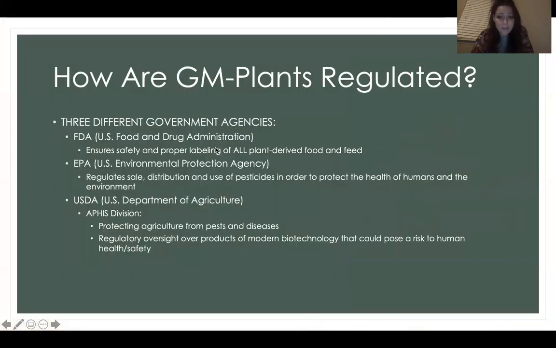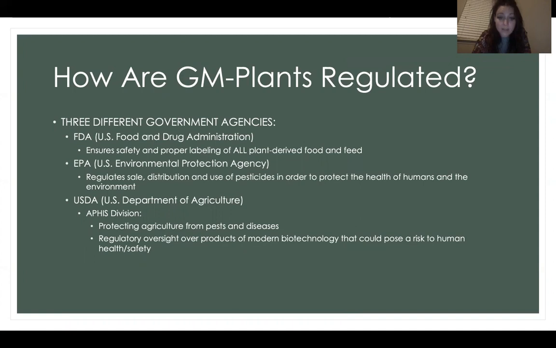Now, how are genetically modified crops regulated? It's a good question. Now, we've got 3 different government agencies that are in control of this on a regular basis. We've got our FDA, which is your US Food and Drug Administration. Their job is to ensure the safety and proper labeling of all plant-derived food and feed. Now, the EPA is the US Environmental Protection Agency. Their job is to regulate the sale, distribution, and use of pesticides in order to protect the health of humans